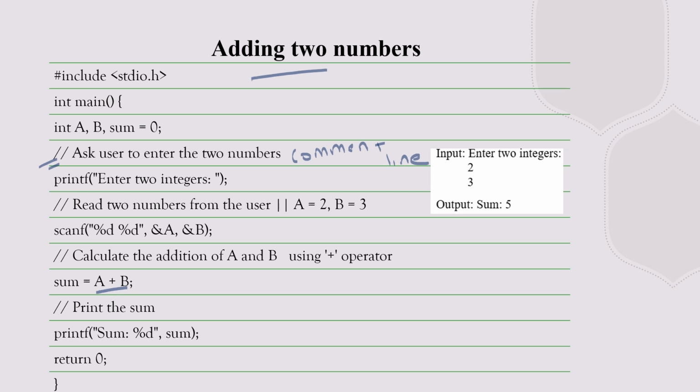So initially what you have done, you have made the declaration of two numbers as a and b and the sum is 0, and you have taken the input of a and b using the scanf command, and then you have used the plus operator to do the addition of two numbers. You have got the output. This is one way of doing it, and you can also get the input from the user. Here in this program you are taking the input from the user and then adding it. So in an online C compiler, you can type the program and you can modify the program also